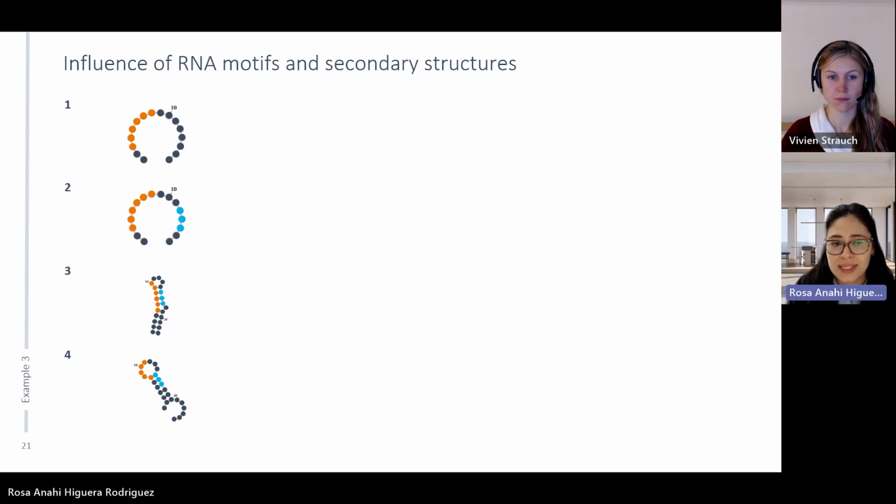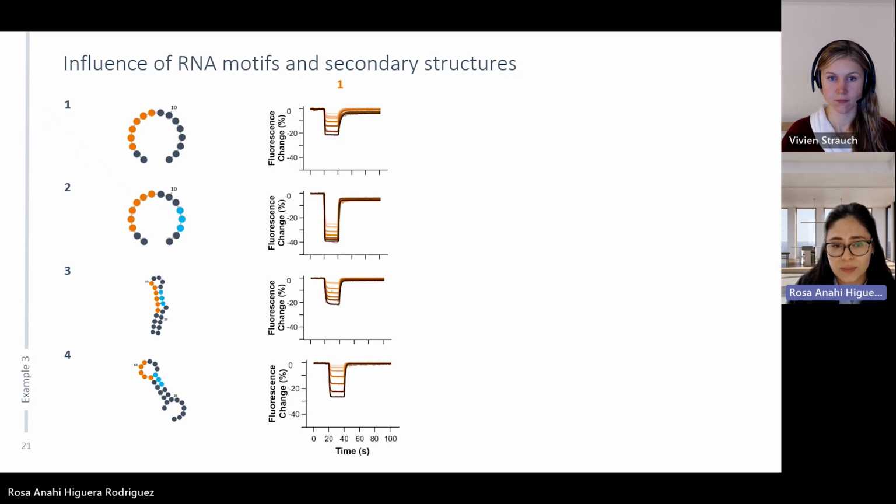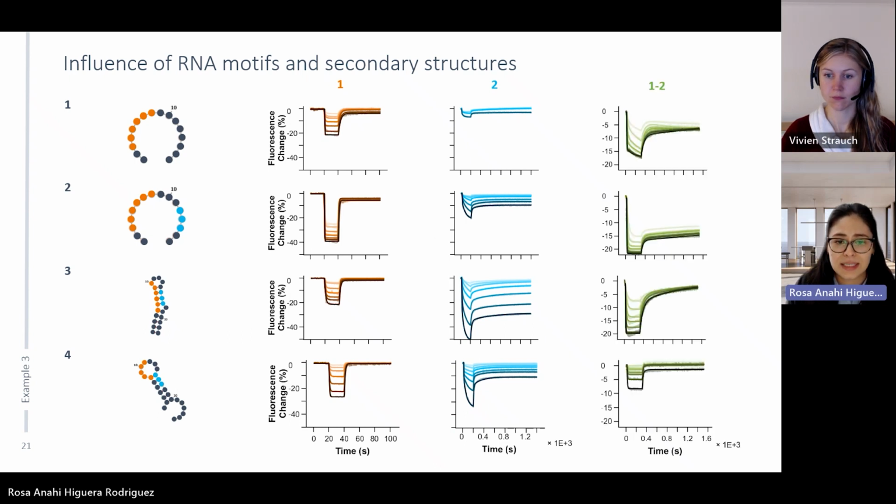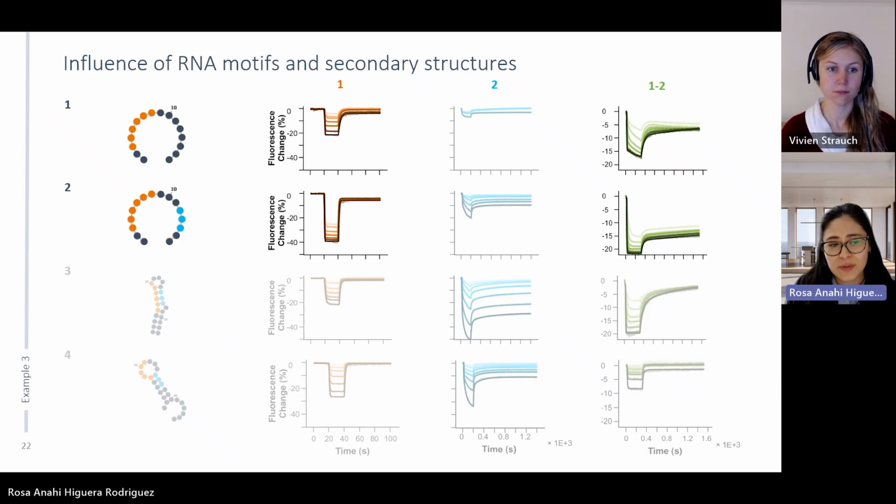So I'm not going to go into details of all the kinetics, but you see domain 1 is always a very fast binder. Domain 2 has these two phases, and the tandem protein has this also biphasic with a slower component. What we actually learned from these comparisons is that the linear ligands seem to have a better binding than